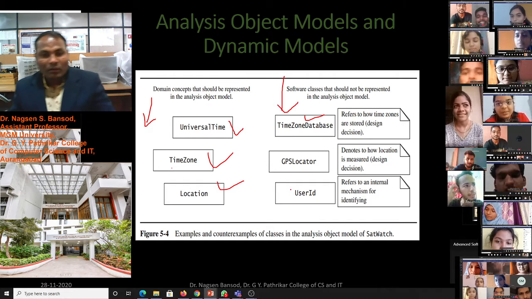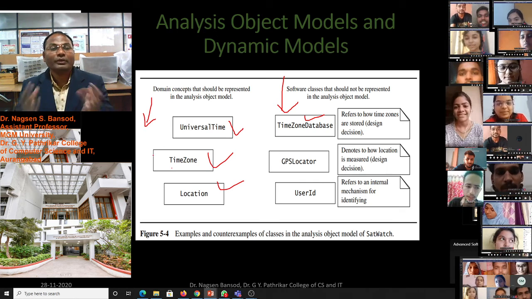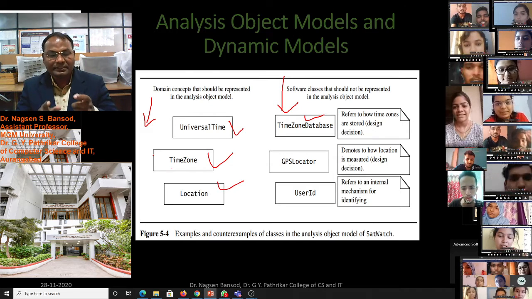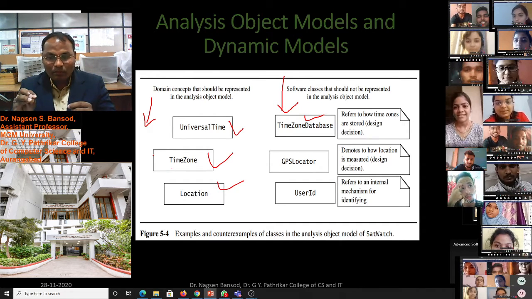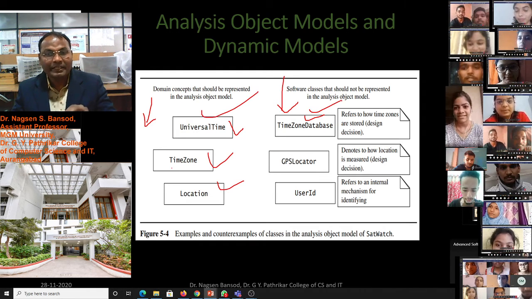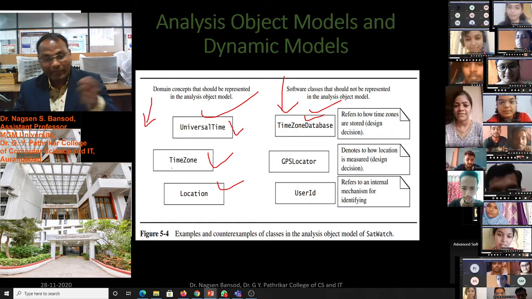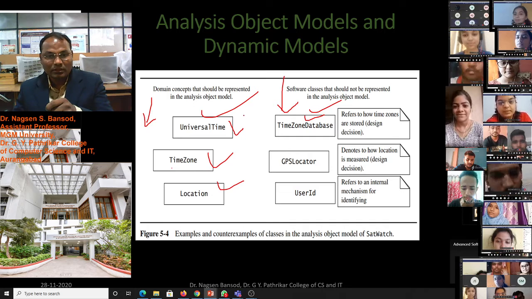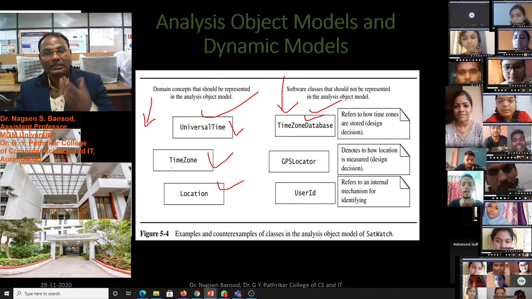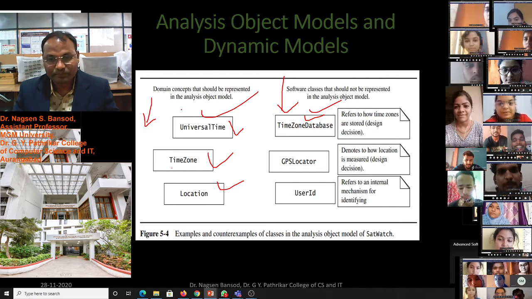So in the domain concept, we just think about the objects, but during the analysis, that is not the software concept, this is only visual, and here we have to make the sequence diagrams, we have to design and make the sequence. Actually there may be a chance these objects can be increased or decreased compared to the domain concept.